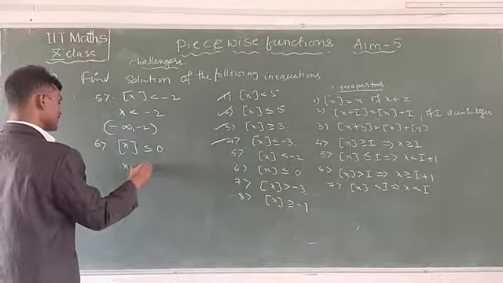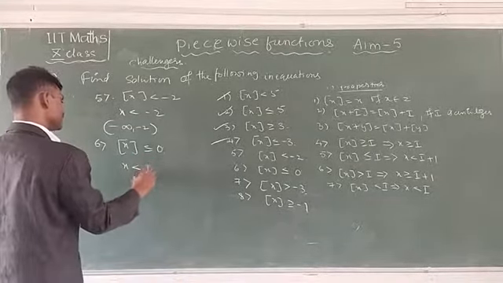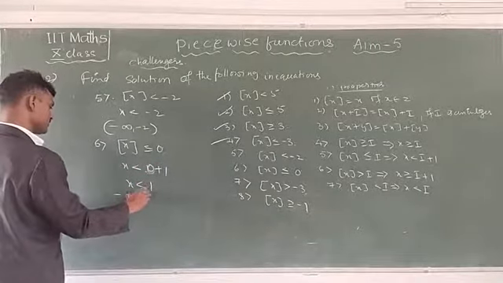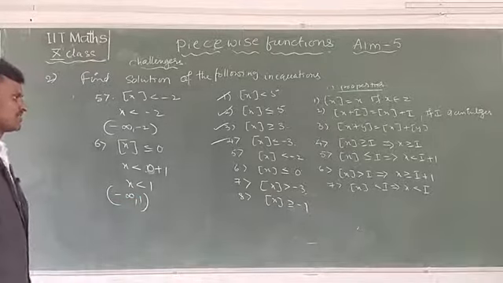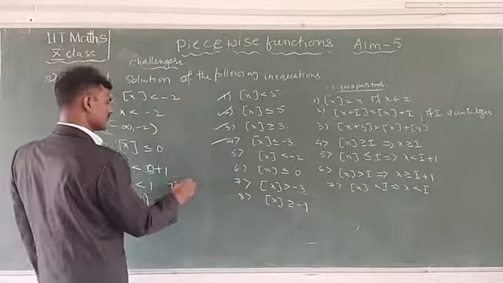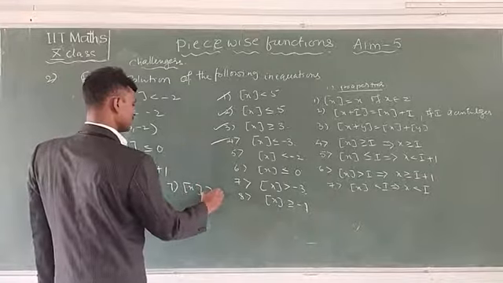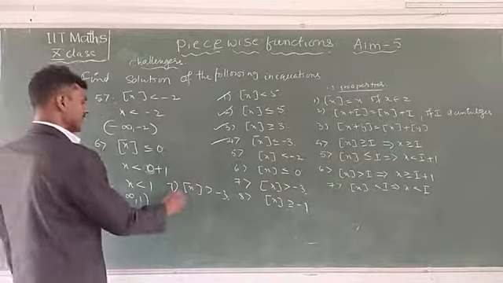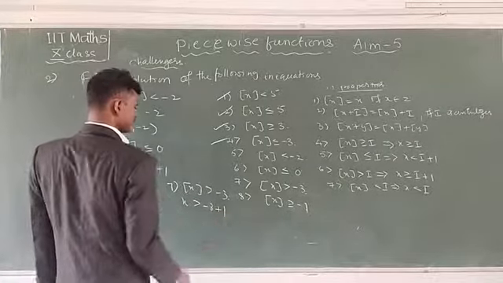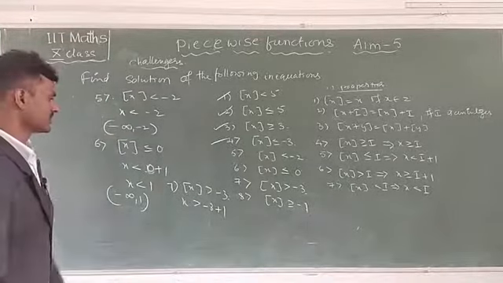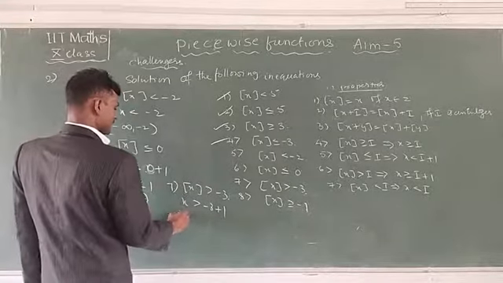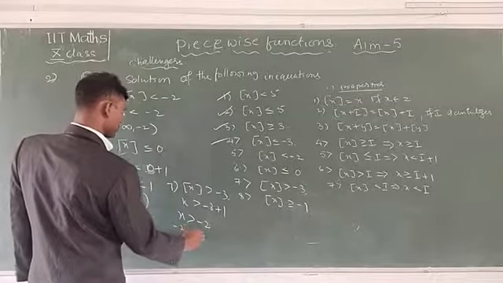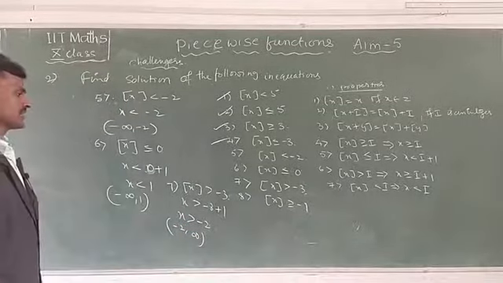Here x is less than I plus 1, which means 0 plus 1, so x is less than 1. Then minus infinity to 1 only. This is the sixth one. Seventh one: step x is greater than minus 3. That means x is greater than minus 3 plus 1. Already explained this one. Here x is greater than minus 2, so minus 2 to plus infinity. Next, the last one, the eighth one.